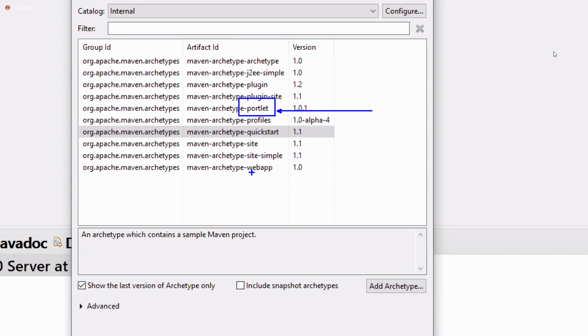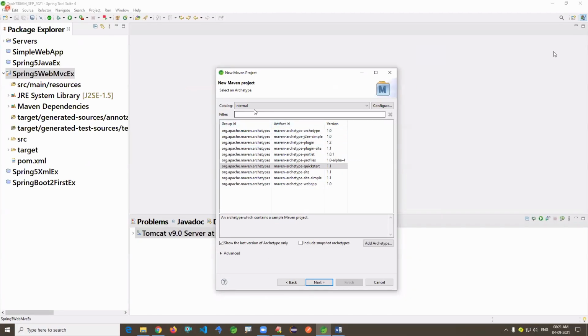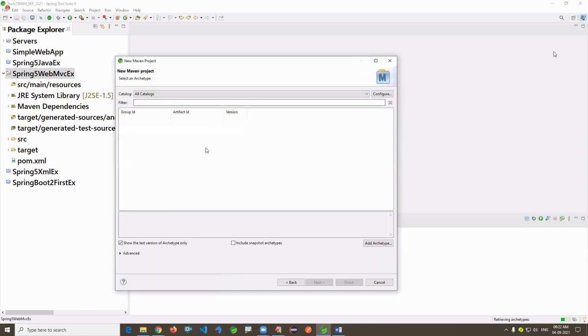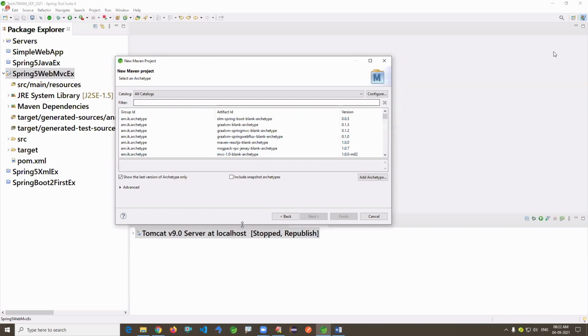Okay, now we are writing a web application, right? It's a portlets J2EE application, EJB program. Nowadays no one is using EJB programs, stateless bean and stateful bean. It's a different type of project you want to create. Those are actually called types here. Predefined Maven types. If you choose All Catalogs here, there are a lot of frameworks and technologies. Maven supports Vaadin support. You can just take it here.